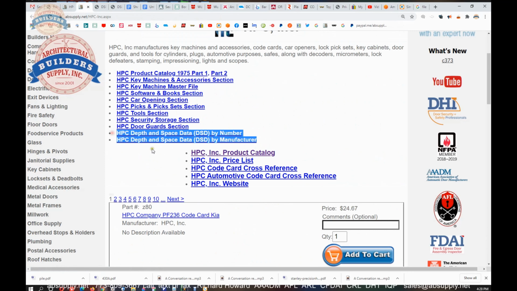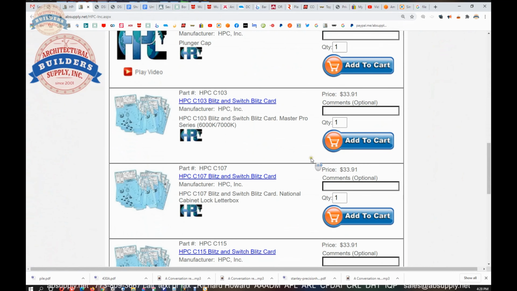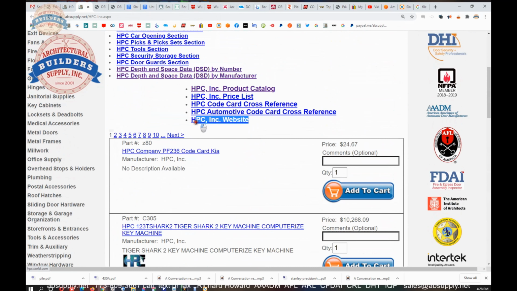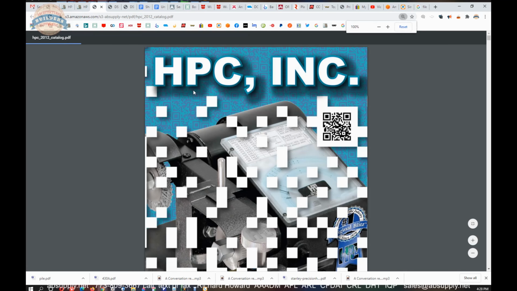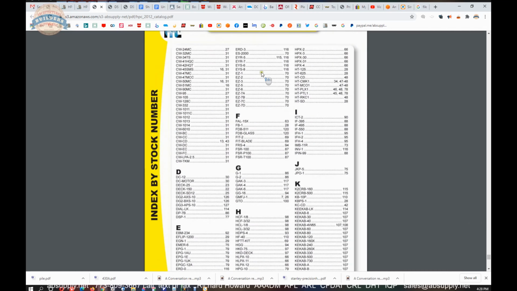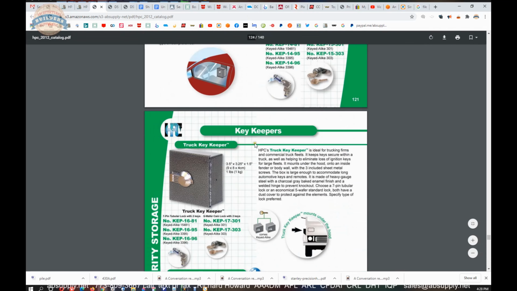Depth and spacing data by number and manufacturer. All the other HPC products that we sell are also listed here, along with a link to the manufacturer's website, as well as a link to the catalog. The catalog is very handy because you're probably quite familiar with HPC because of their Blitz or their PCH punch machine, but you may not know that they have a handful of hardware that would complement the locksmith quite well, such as